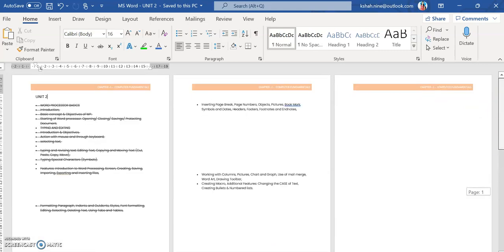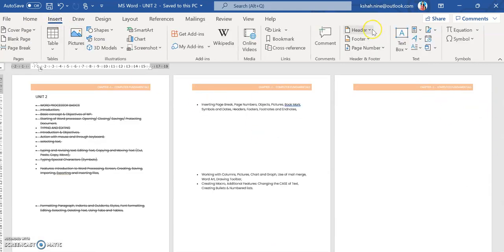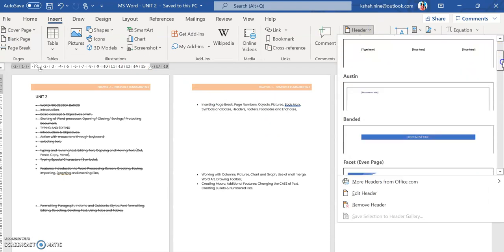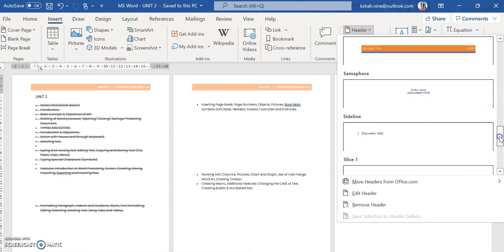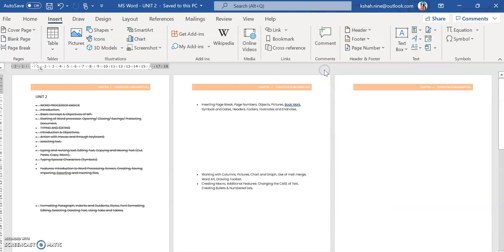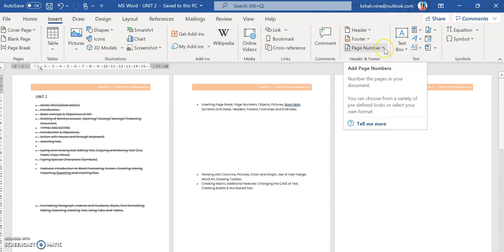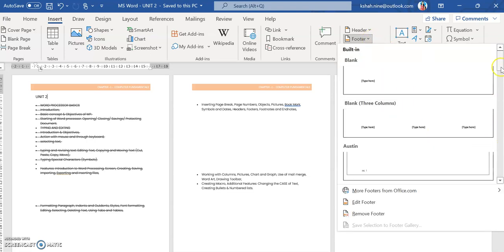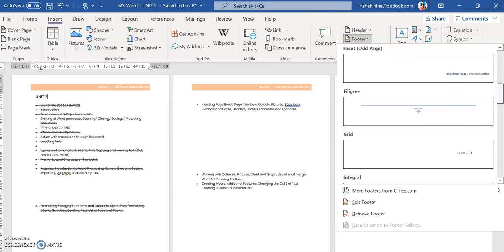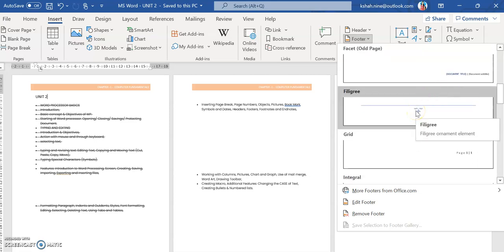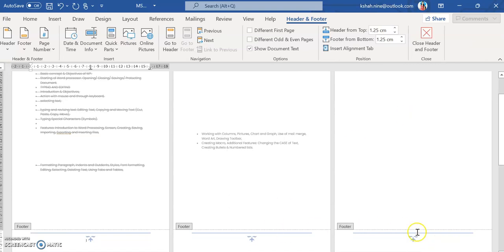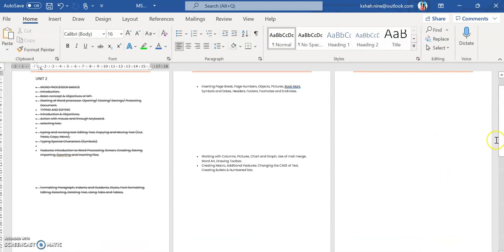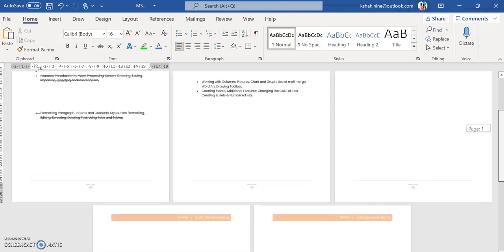There are multiple styles that you can select. Again go to the insert. So this is your header. Many different styles are there. You can pick any style. Now I want the page number in the footer section, or directly you can select the page number. In a footer, suppose you want to write your publication name or something else, or this design. Suppose I want this figure. Okay, then see, I got this design in the footer, right, on each and every page.